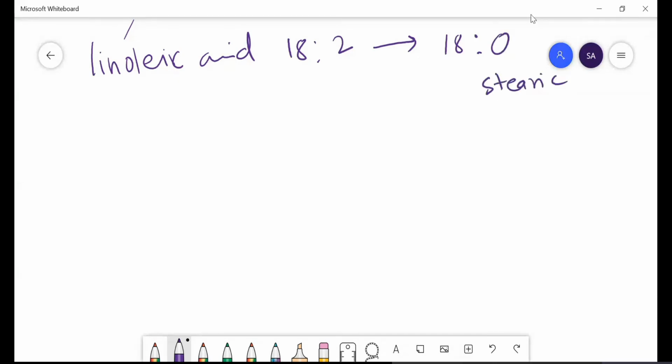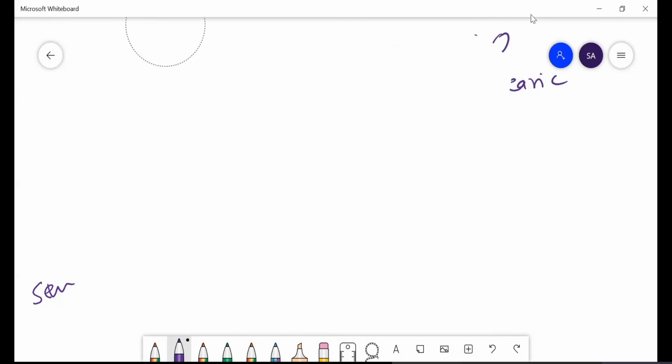Okay, which is a stearic acid. But then if you see the oil, for example corn oil or a sesame oil or a sunflower oil, the system is more complex. What do you mean by complex? It means you will have linoleic acid or linolenic acid or a combination of these together. Linolenic will be there, oleic will be there, linoleic will be there. So it will have a combination of these fatty acids together.